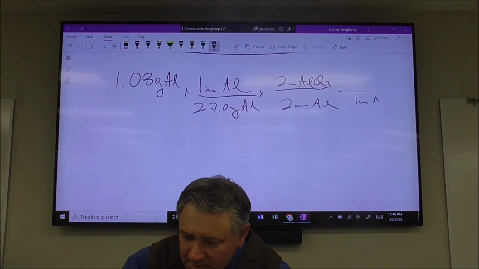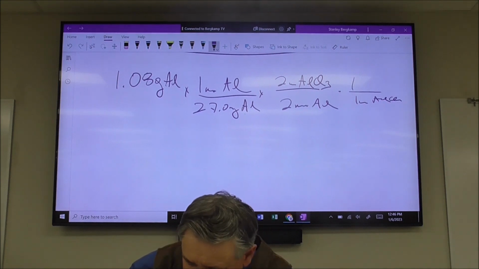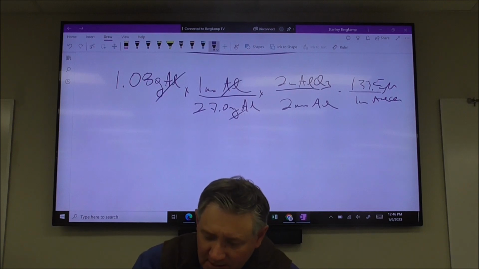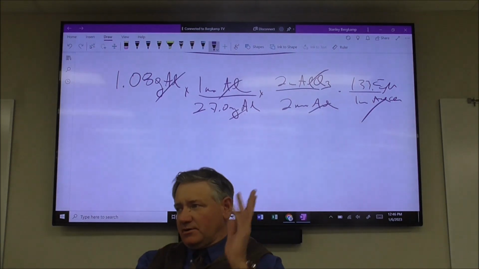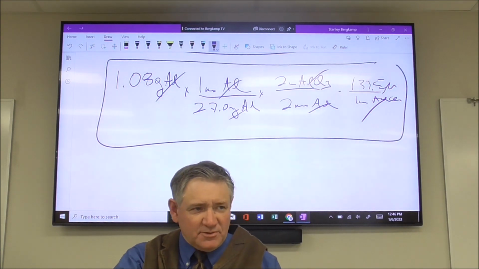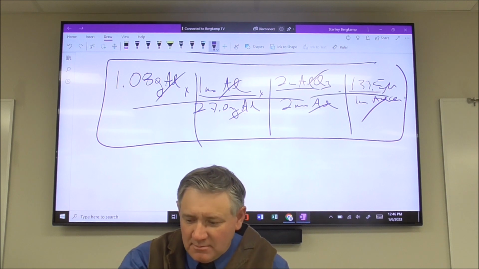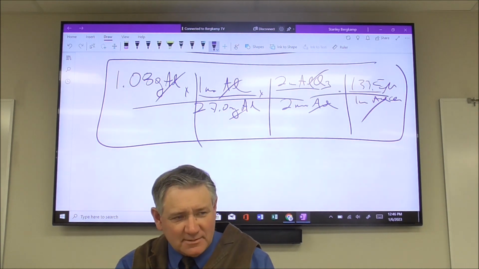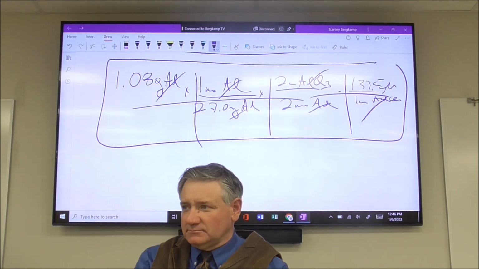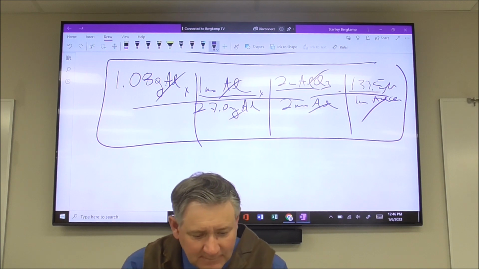So 1 mole of aluminum chloride, make sure you're using 35.5, is 133.5 grams of aluminum chloride. Everything cancels out, you get grams. Boom, there you go. So this is what I expect to see, whether you use the UT way or the right way. Just as long as I can see what you have done. That's the most important thing, okay? Anyway,